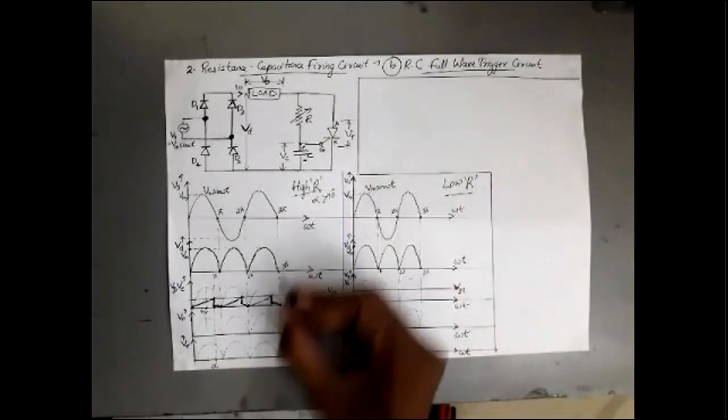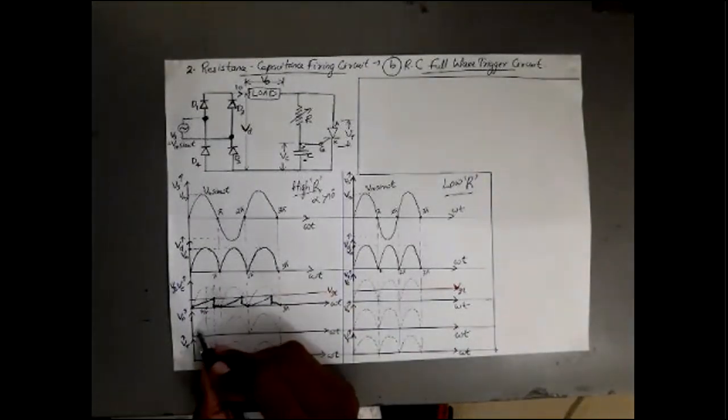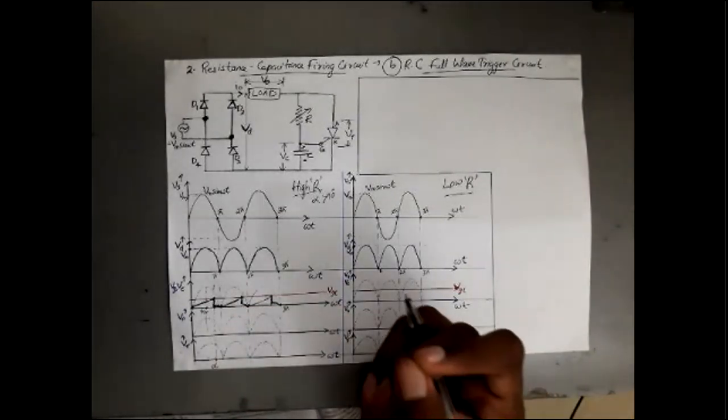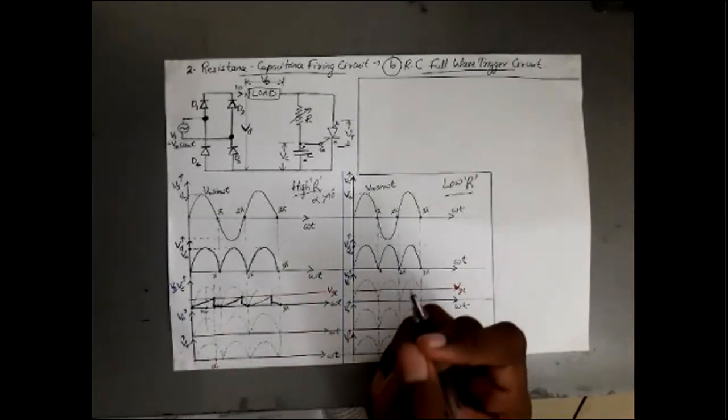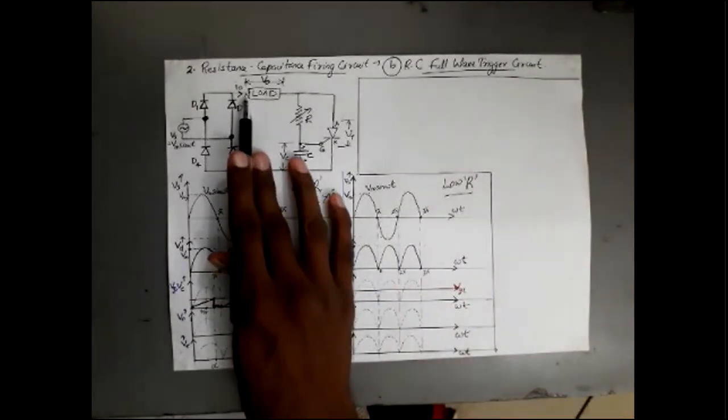Now let us look at V naught. What is the case of V naught? As we know, when my SCR is not triggered, no current will be flowing through the circuit. That means even though a small charging current will be flowing, that is negligible when compared to I naught. So I naught flowing through the circuit is considered as zero. So the voltage across my load V naught will also be zero. So V naught will be zero till which point? Till alpha. Till my SCR is triggered, V naught will be zero.